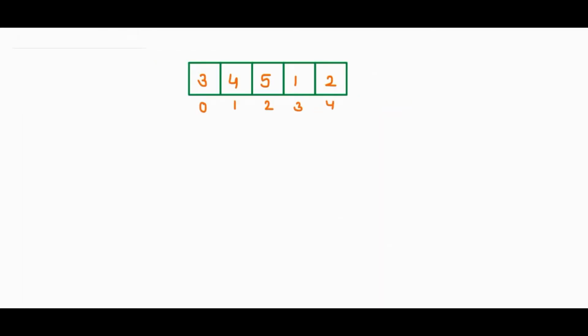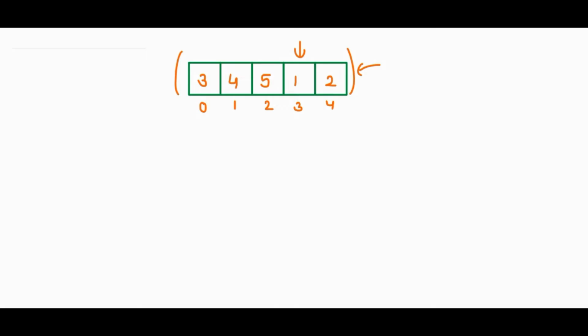Now let's see the first approach to solve this question. The first approach will be a linear search. So how will it work? If we find the minimum element in this array, will that help? Let's see. The minimum element in this array will be 1, right? So can we see around it how elements are behaving?